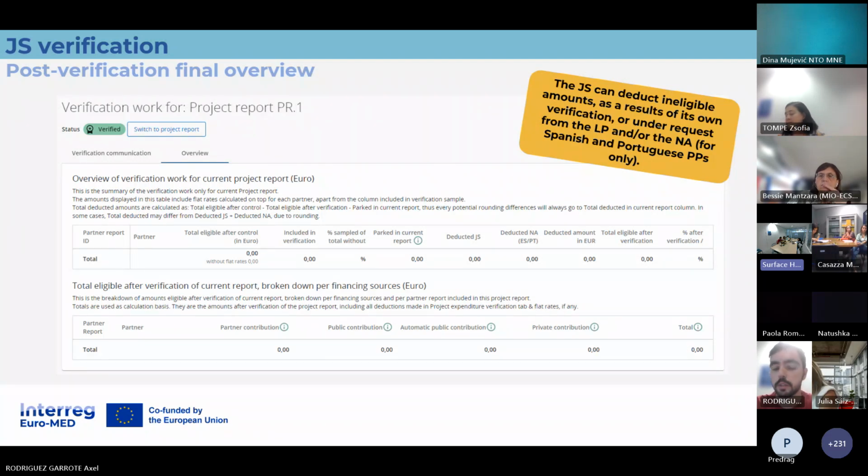Of course, this is an important point. Once you submit the project report, we start our verification. The rules of the program establish 80 working days for the payment of the expenditures.